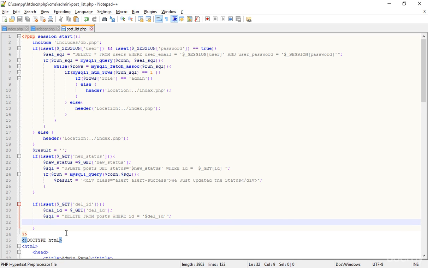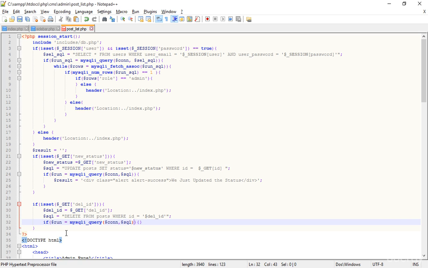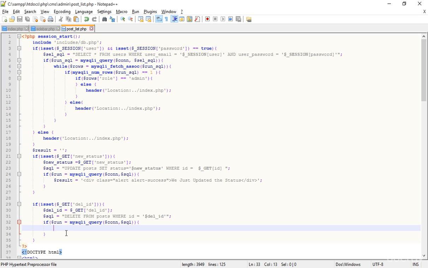Now just make this SQL query workable. So run equal to mysqli_query, and then cover that, and here I'm adding $conn and then sql. Now let's put this line inside an if. So I'm adding the if here, cutting this and pasting it inside the if, and then sending another result. Let's copy this old result. I'm pasting this here, and then we updated the status, not now,